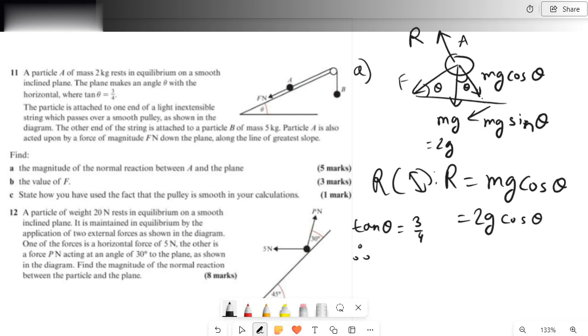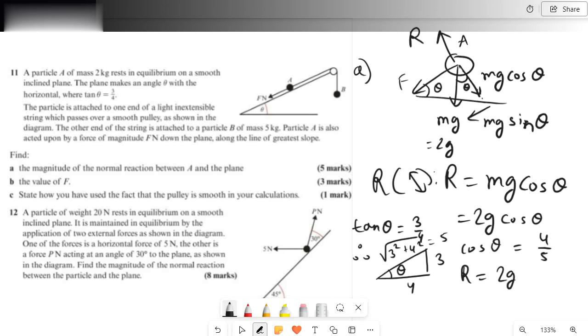Therefore, using the right angle triangle, if this is theta, this should be 3 and this should be 4. So the hypotenuse is the square root of 3 squared plus 4 squared, which is 5. Therefore, cos theta must be the adjacent divided by the hypotenuse, which is 4 by 5. And so the normal reaction force is going to be 2g multiplied by 4 by 5, which is approximately equal